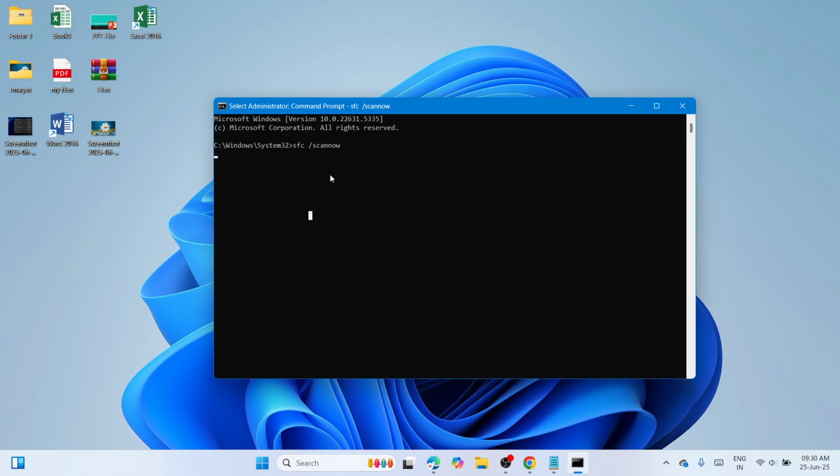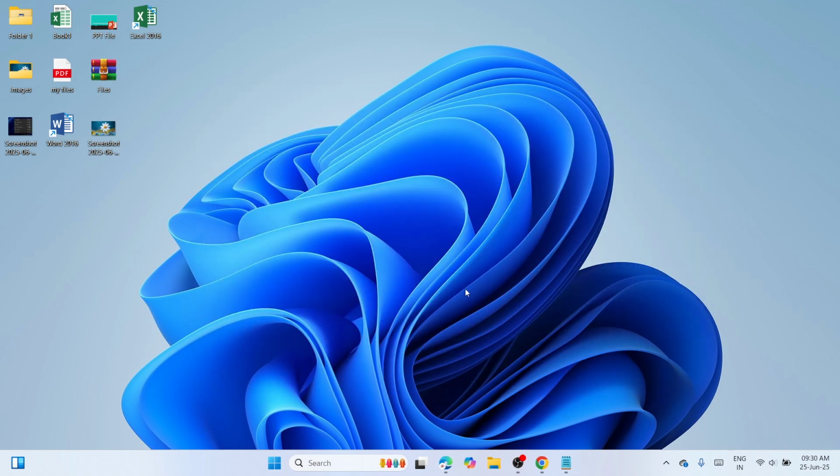Once you have completed this step, you need to close this window and then restart your computer. Once you've restarted it, try to run Windows Update again and see if it's working. However, if not, then we need to proceed to the next solution, and that is to run the troubleshooter for